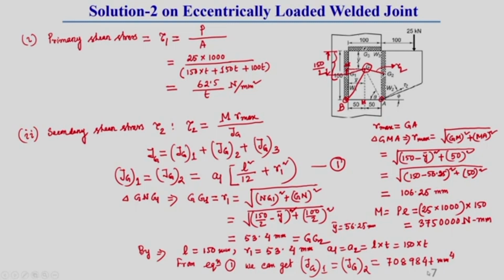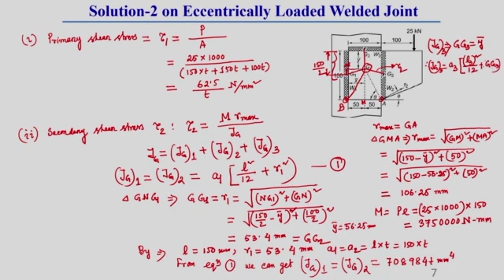Now, we have to find out what is JG3. JG3 we can easily find out. This is actually our y bar, because here you can see this distance is lying in the same line. So, for JG3, the distance between G and G3 is y bar. So, JG3 will be equal to area of third weld into L square by 12 plus